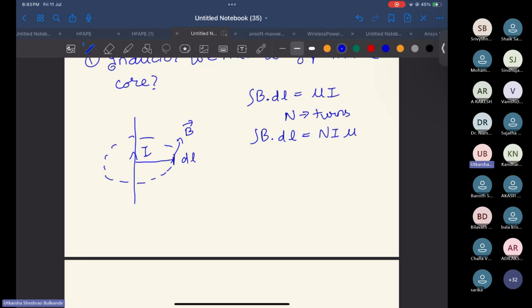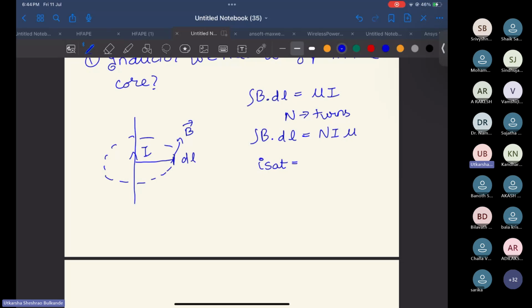Through this we can calculate saturation current. I'm not discussing this in detail. You can read about it later. But for now, I'm just telling you the importance of the air gap, because in an inductor we will have that air gap in the core. Okay,